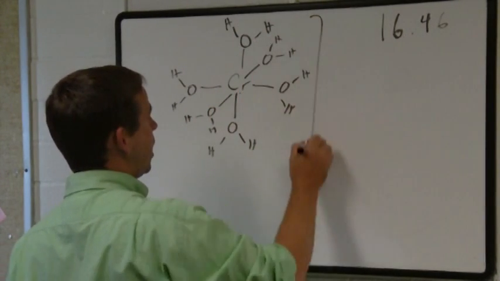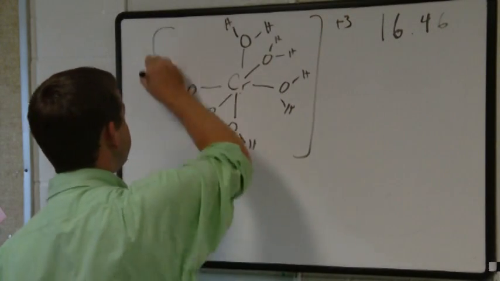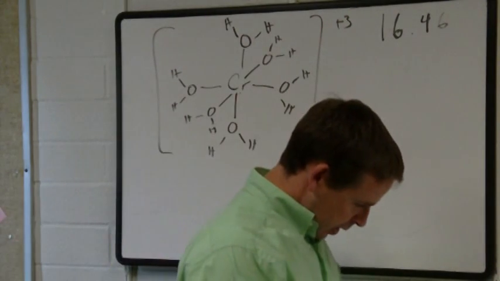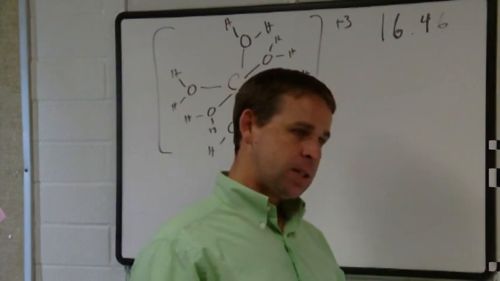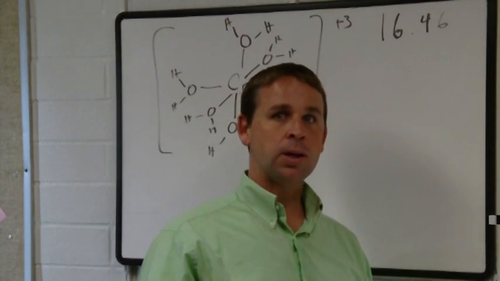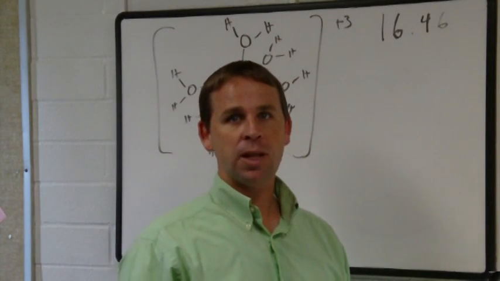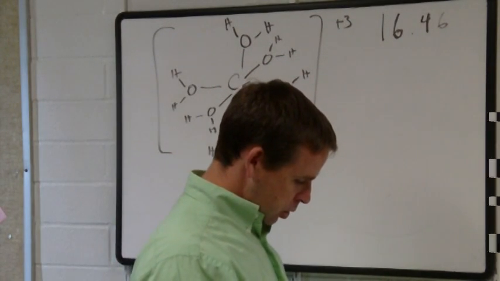And this whole thing has a +3 charge. And that chemical is weakly acidic, they say. If it's weakly acidic, that means you put it into water and a little bit of a proton comes off, right? That's what weakly acidic refers to. So,